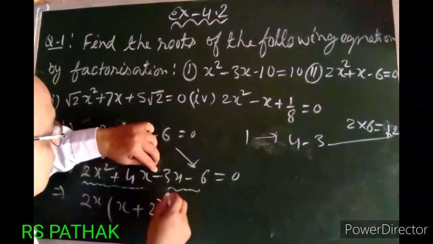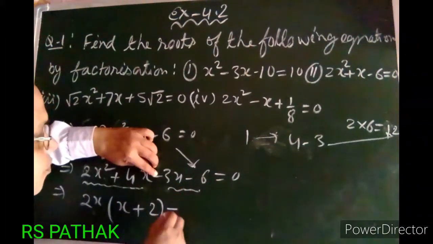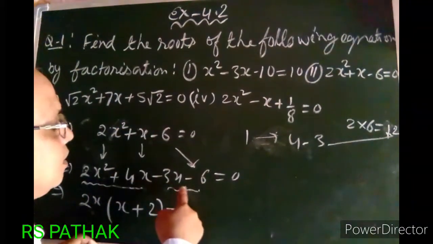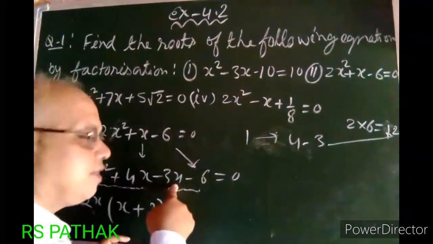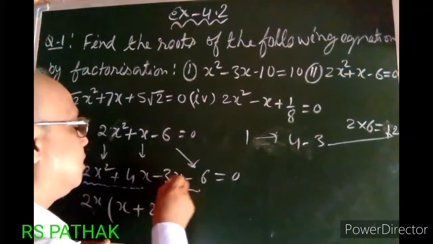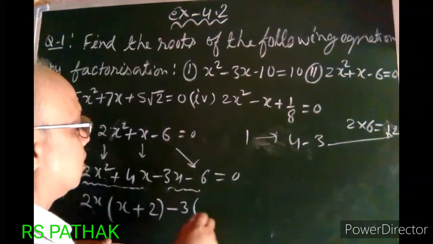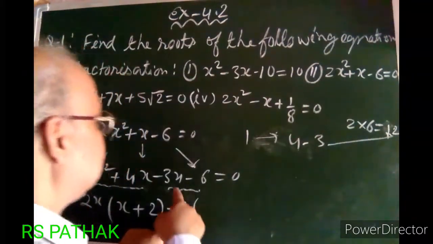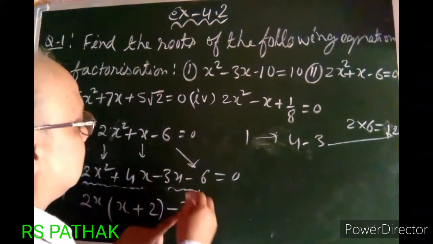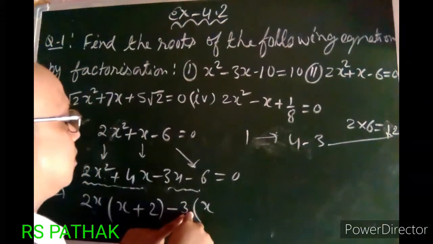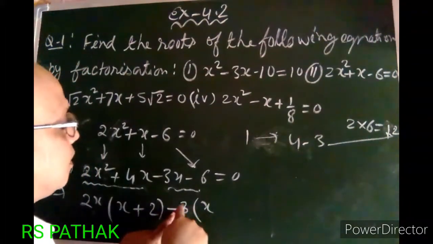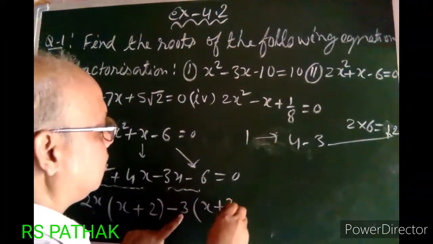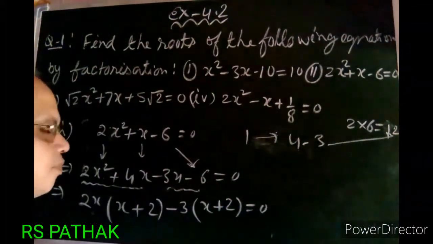In the second group, it will start from minus. Between 3 and 6, 3 is common because 3 is the HCF of 3 and 6, therefore I will take 3 as common. After taking common, I will divide by 3. 3 will divide 3 one time, x will remain, minus and minus both will plus, 3 will divide 6 2 times, x plus 2 equals 0.